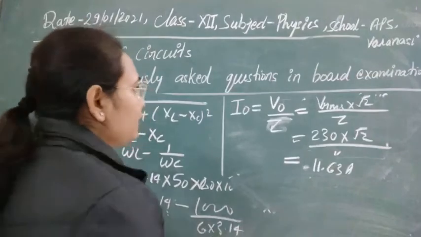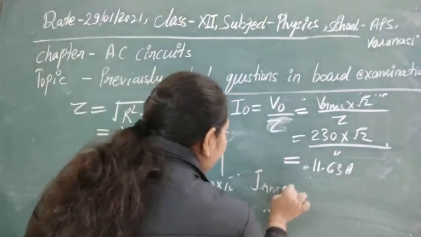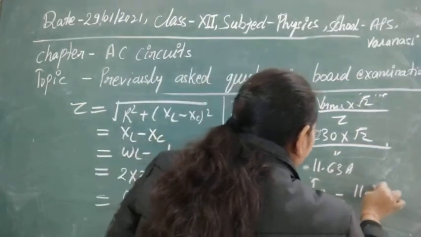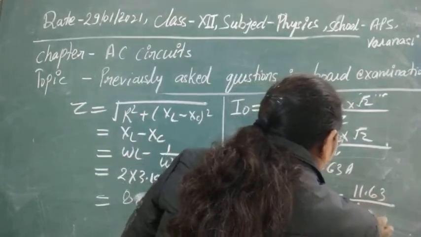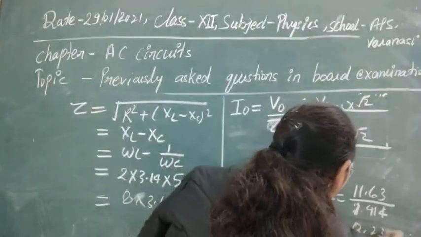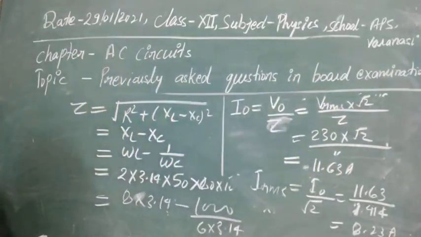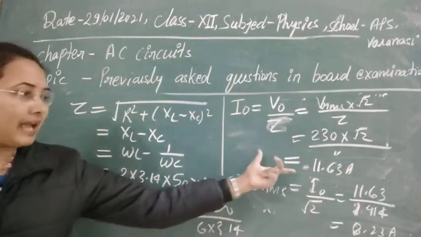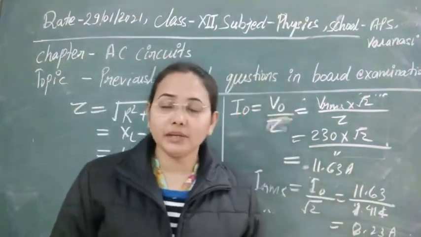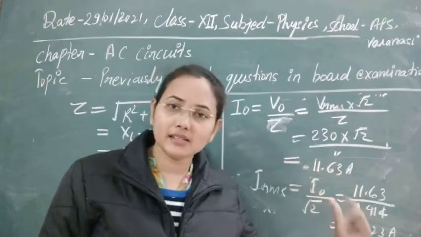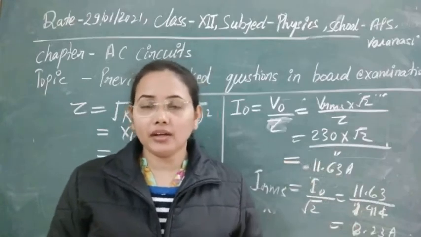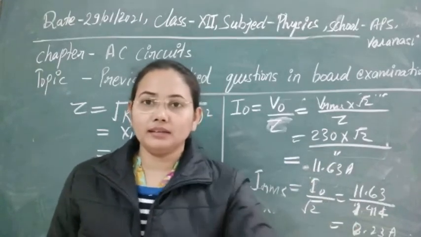So this is the current that is flowing in the capacitive resistive circuit, and now we have to find out its RMS value also. The RMS value of current is given by I0 by root 2. Again, if you solve it with 1.014, the value we obtained is 8.23 ampere. So this is the RMS value of current, and this is the current amplitude. Whenever the peak value of current, current amplitude, or maximum value of current is asked, that is the same thing. And if the average value of current or RMS value is asked, those are the same quantity here.